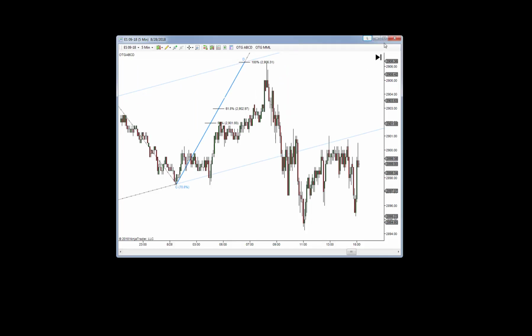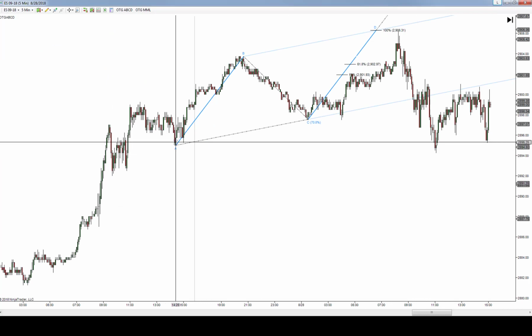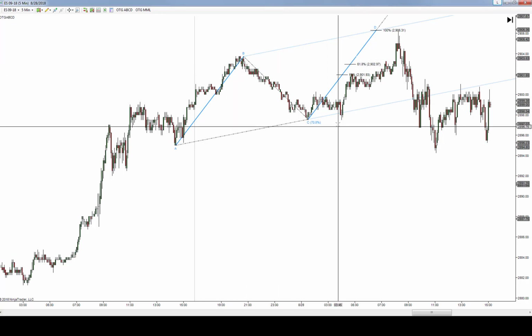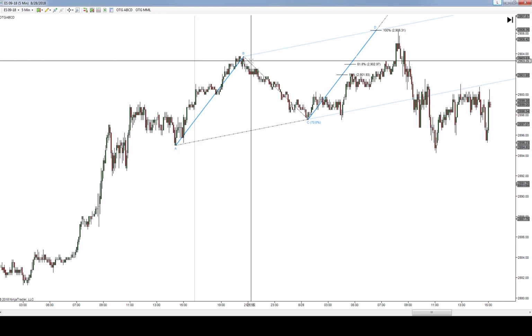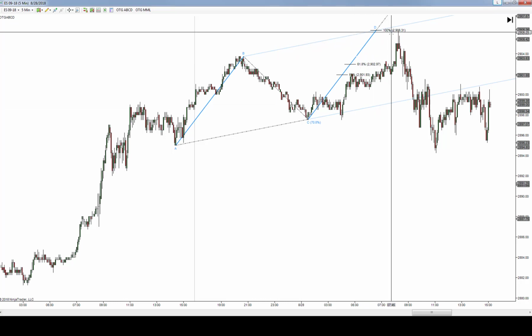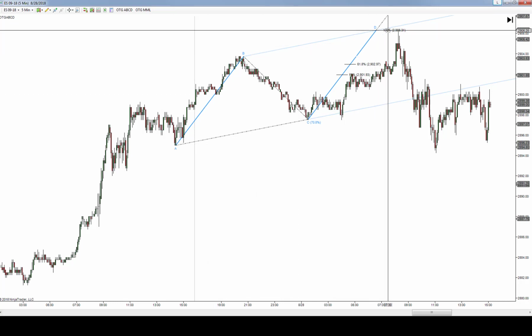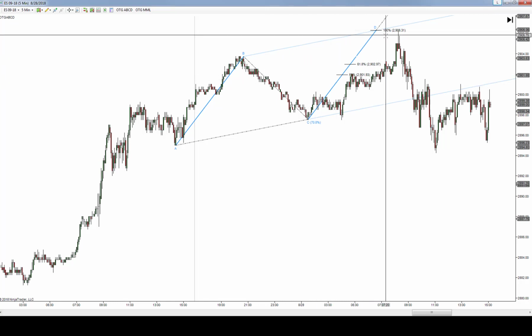We'll start here with the AB=CD trading tool. Simply put, what you are looking for is a measured move again. So A to B, right? You find a C point, which in this case is 71%, so that's in that fib zone between the 61 and the 79. The market then rallies up, and what you are looking for is a potential short area. So A to B, C to D, the market comes up into this C to D area, and again, in the ideal perfect pattern, let's put it that way,